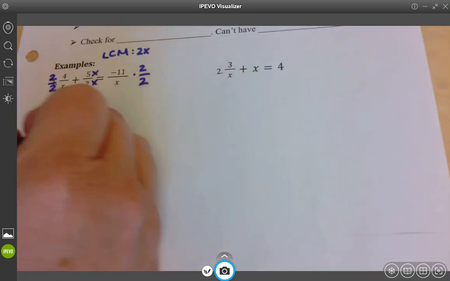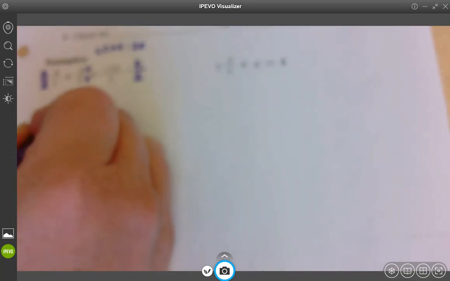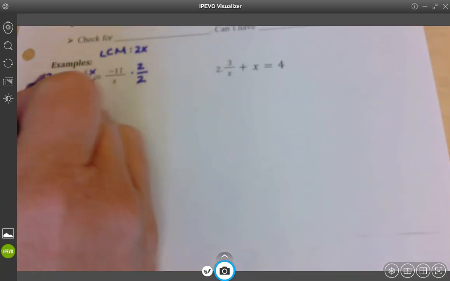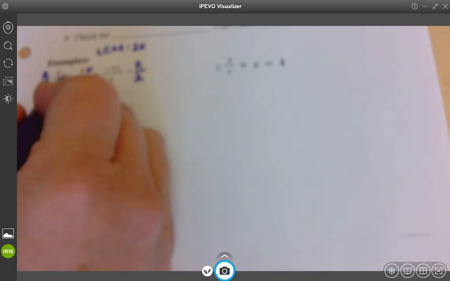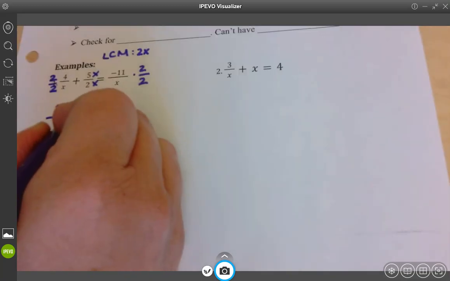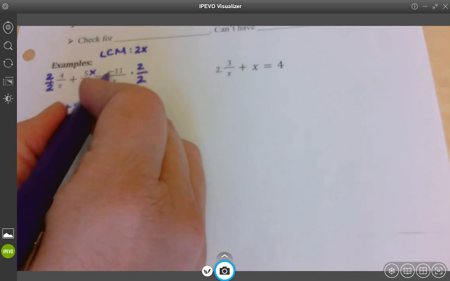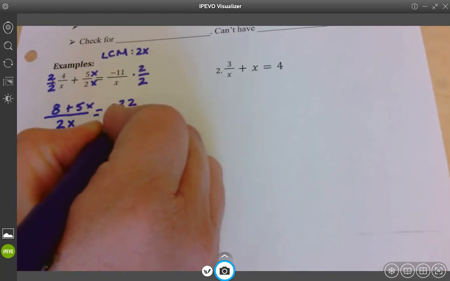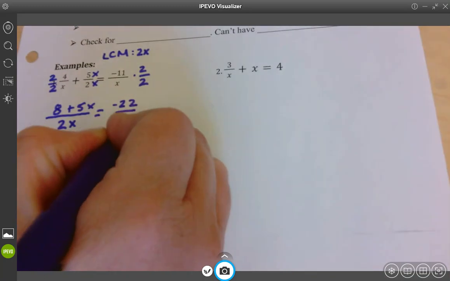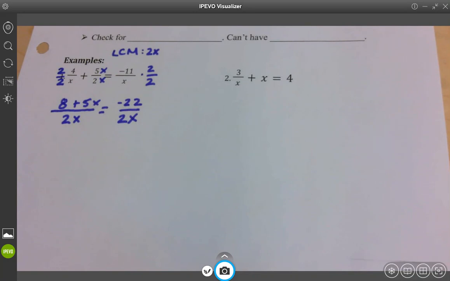These two can combine into one fraction because they have a common denominator. 2 times 4 is 8, and then plus 5x. Negative 11 times 2. And then 2x. All right, so